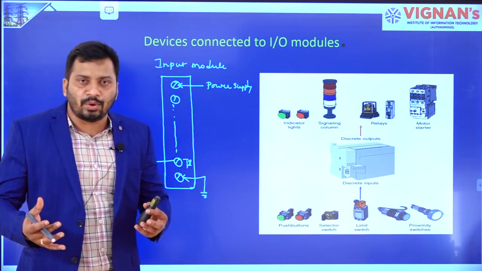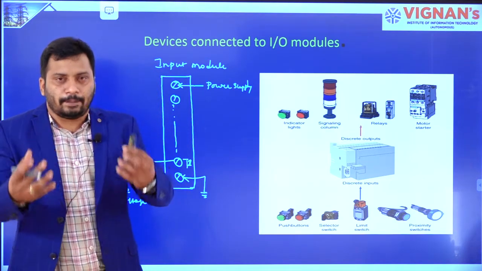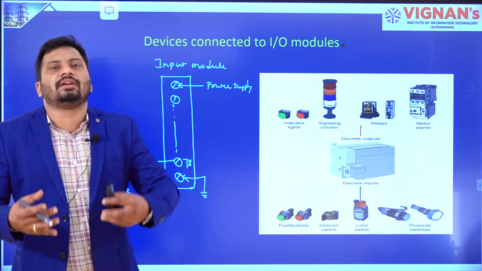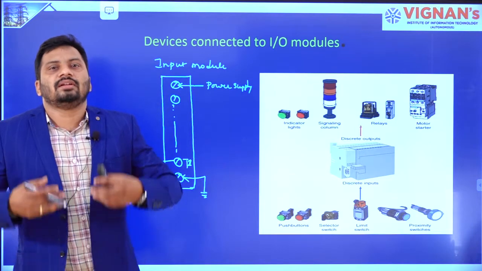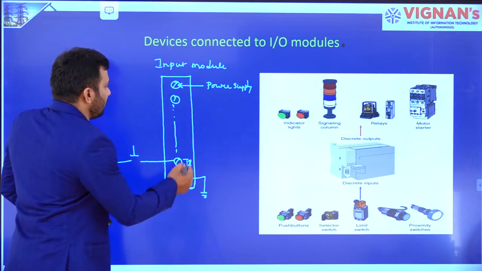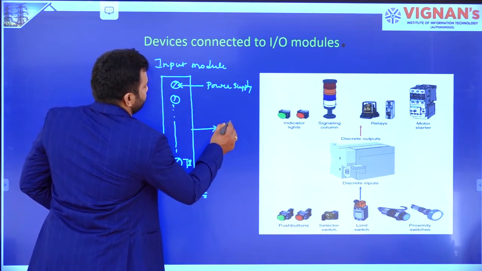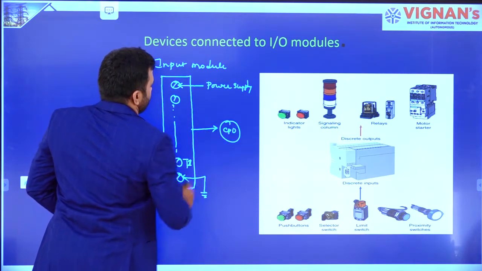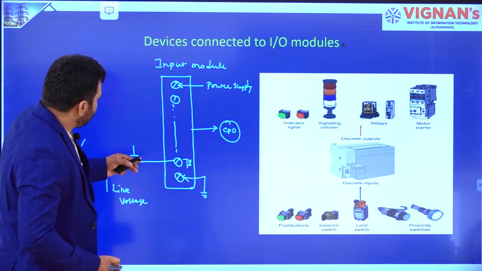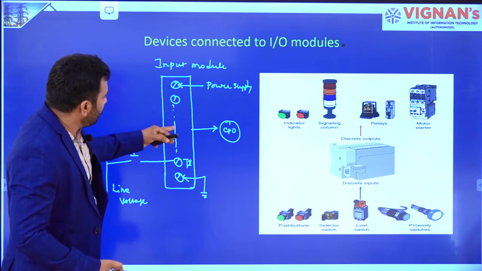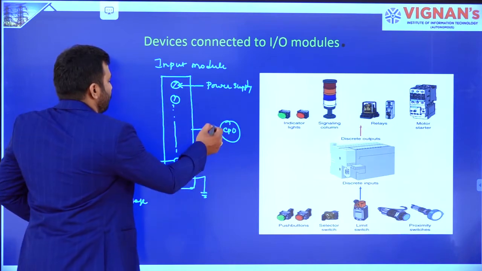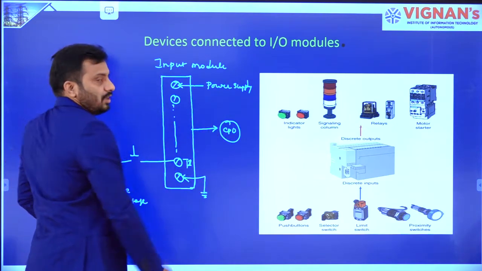In the input module, what do we have? If the input is AC, it is going to be stepped down, then rectified, then passed through a voltage regulator, then isolated, and that output signal is going to be given as input to the CPU, right? If it is 0, then what will happen? This 0 acts like an input to the electronic circuitry present in the input module. That 0 is going to be given as an input to the CPU, right?